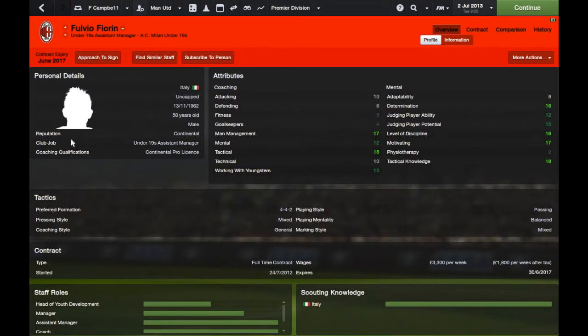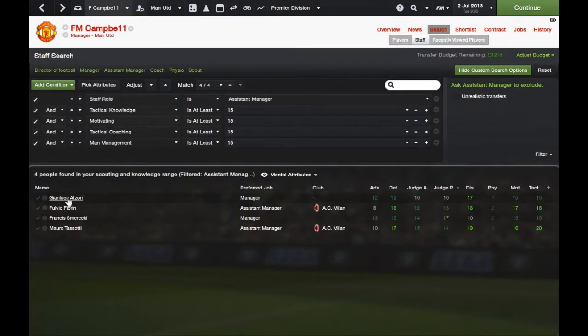Fulvio Fiorin, he's the under-19s assistant manager. Considering he's working with youngsters at 15, he's probably in the wrong job anyway. But he could be a good assistant manager as well. He'd be a tactical coach as well at 18. Gianluca